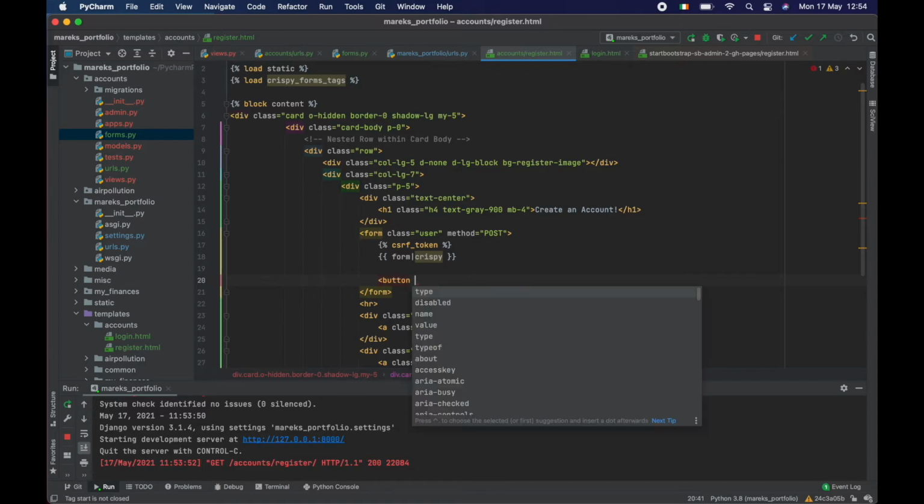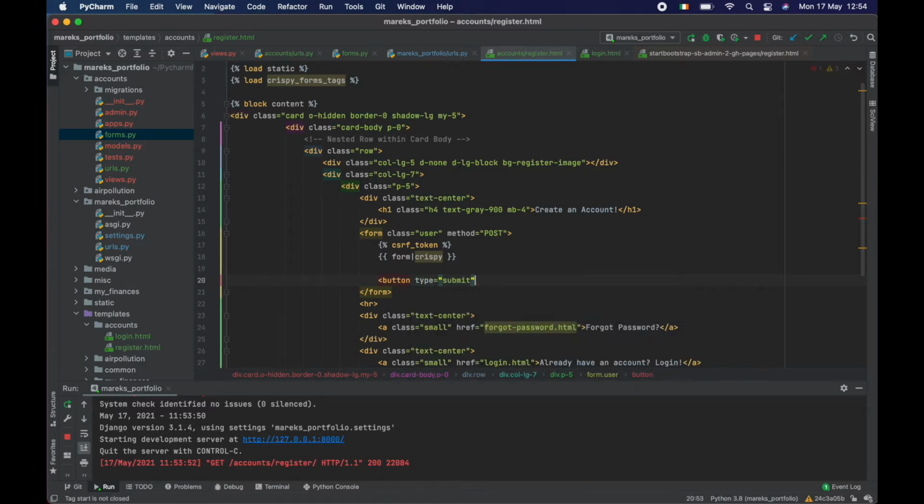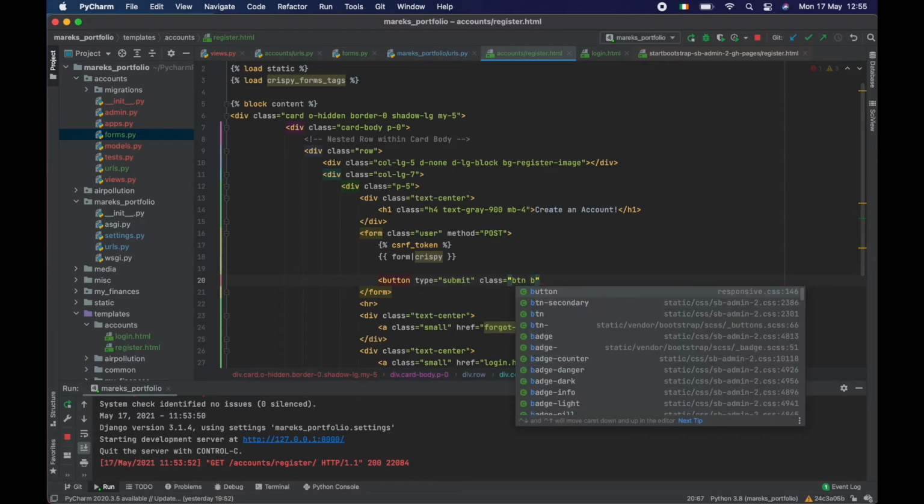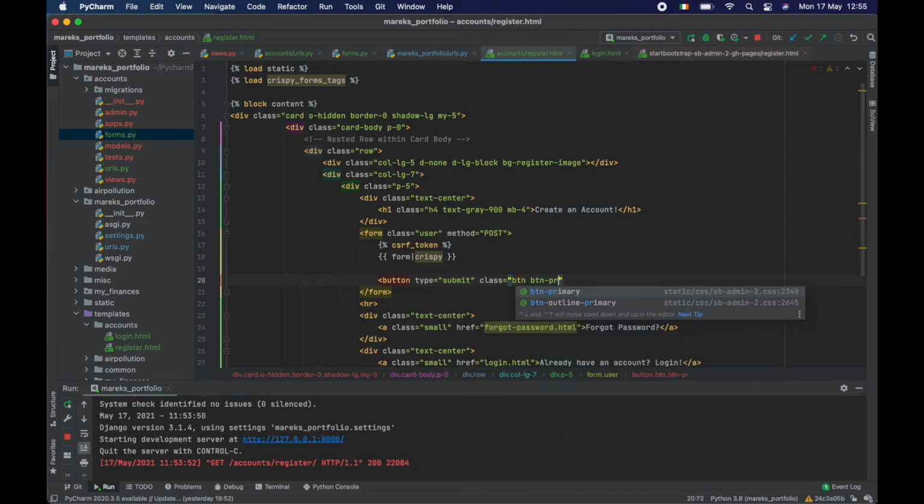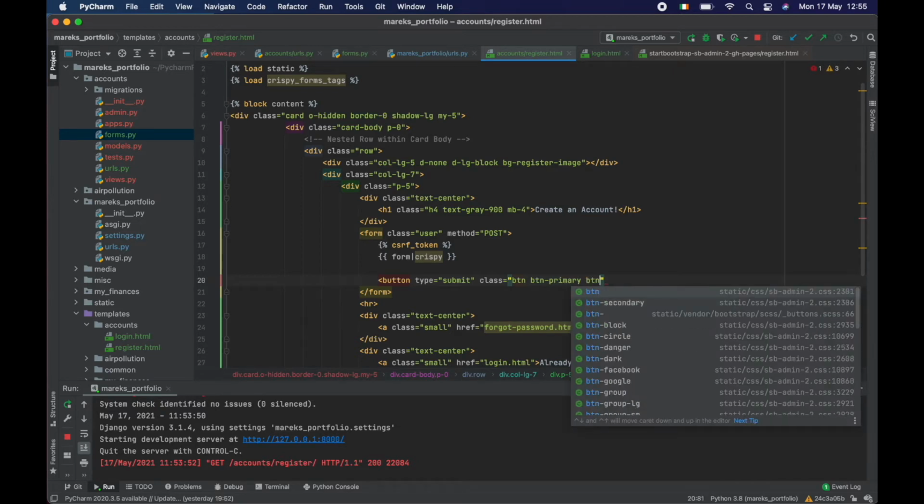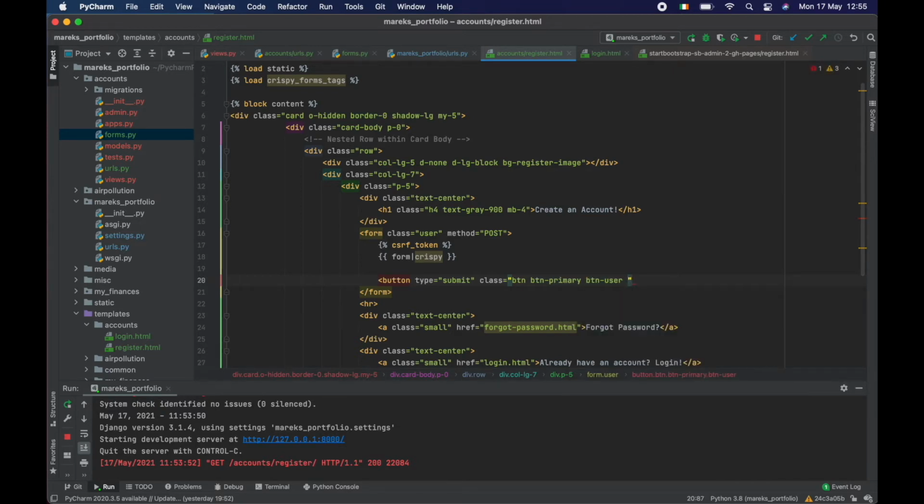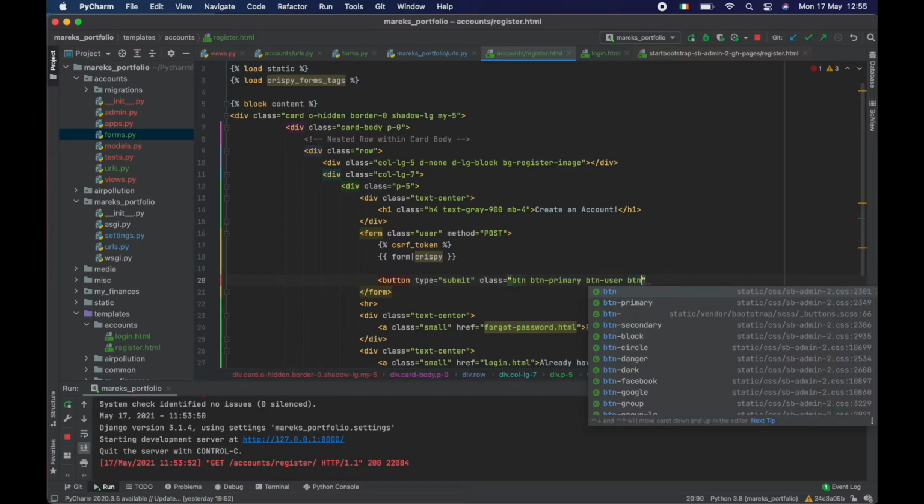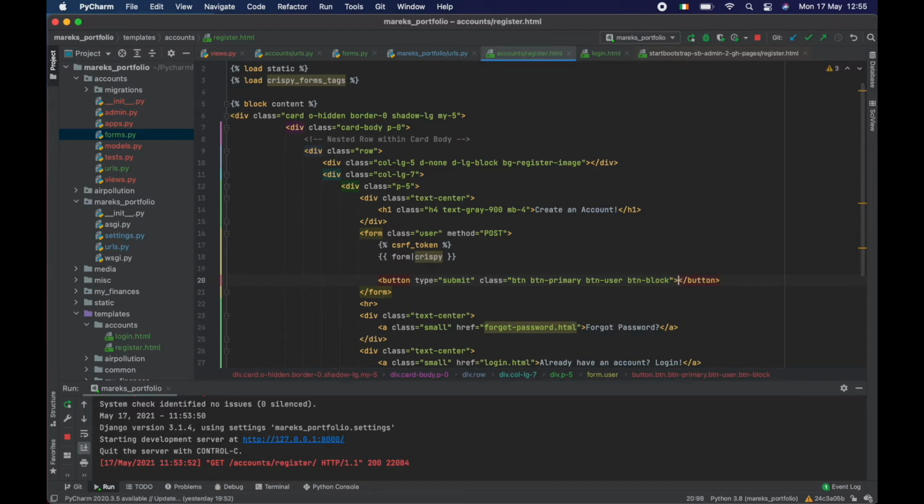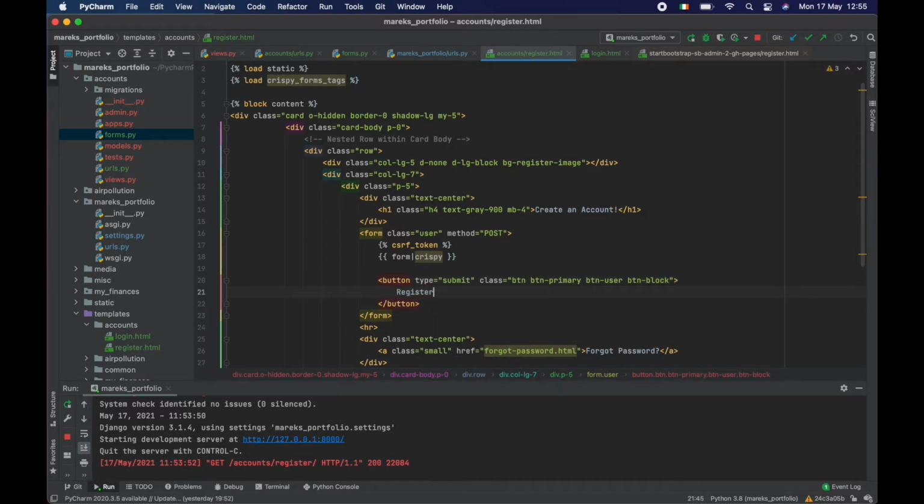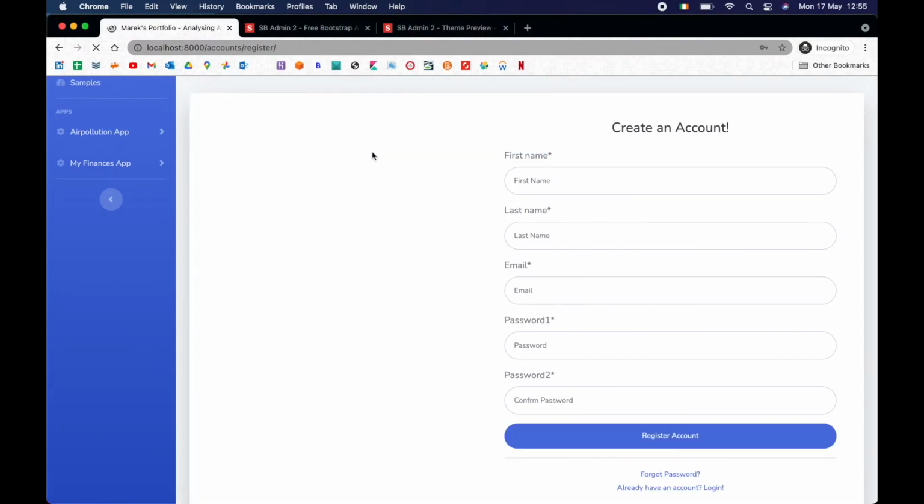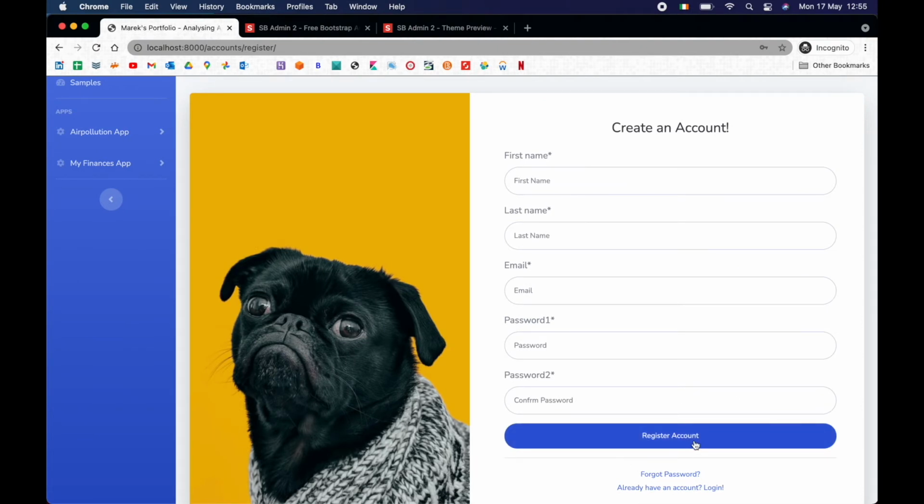That's going to be type submit, and we have to pass classes here, and that was the button. That was, I think, primary, and then btn-user, and I know that because I have a cheat sheet on my right side. And then we had, I just deleted too much, block. Okay, that's going to be the block. You can close this, and inside of that button we just say register account. Okay, so if I go back here and refresh, we have our register account,